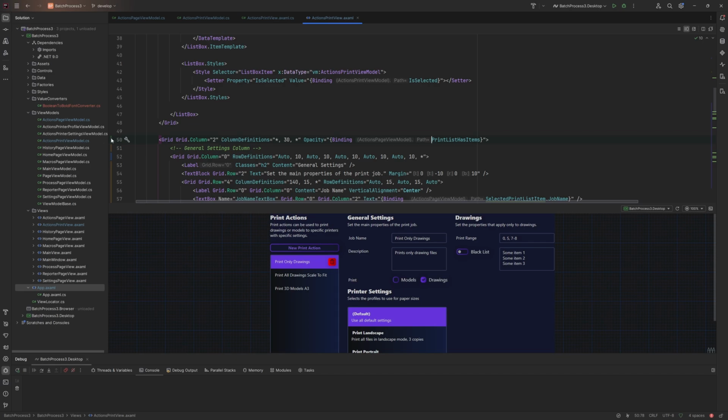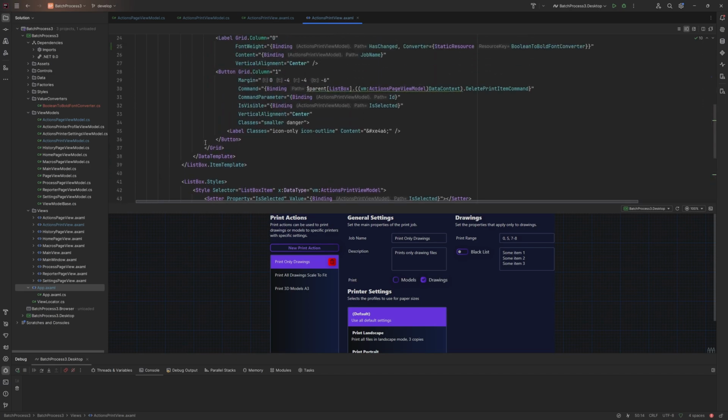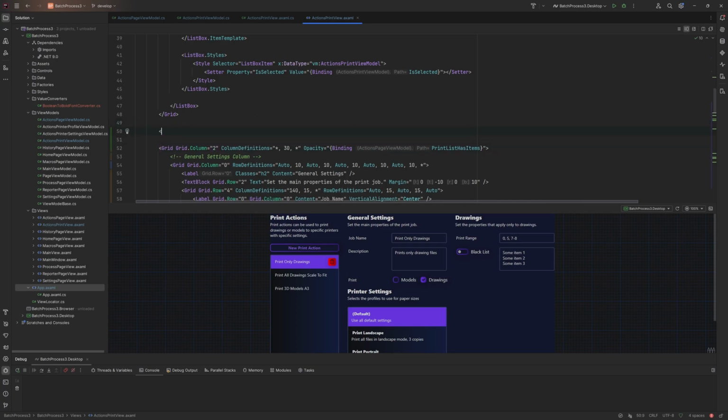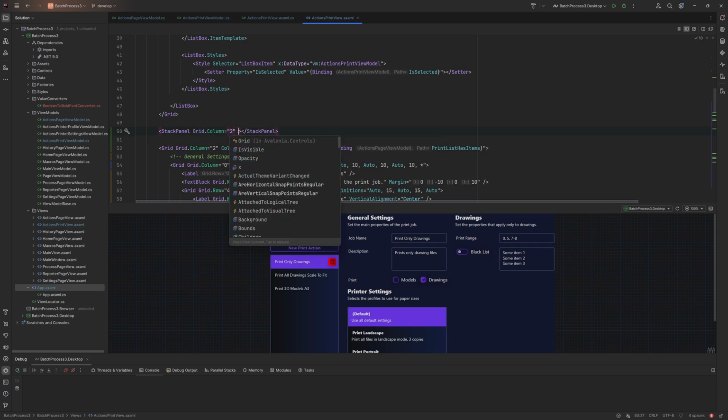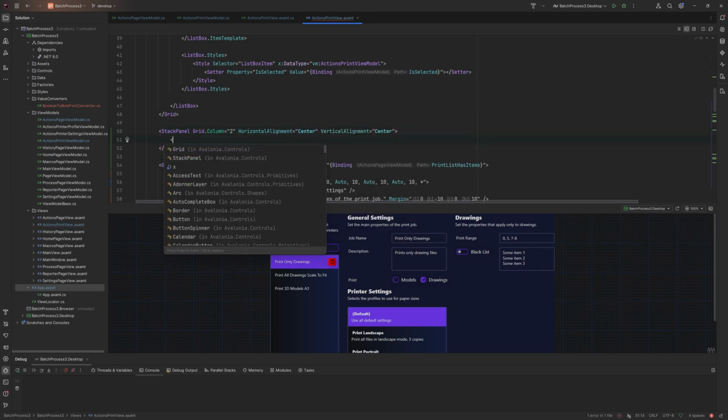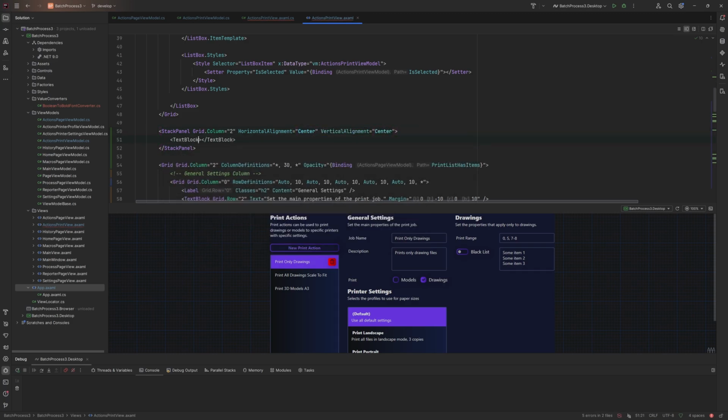I think all we'll do for that is add another grid here. So on the same grid column as this one. Well, in fact, it can just be a stack panel. We don't need a grid for this one. We'll put in column 2. We will have the horizontal and vertical alignment as center. And then we'll put in here just a text block with some text